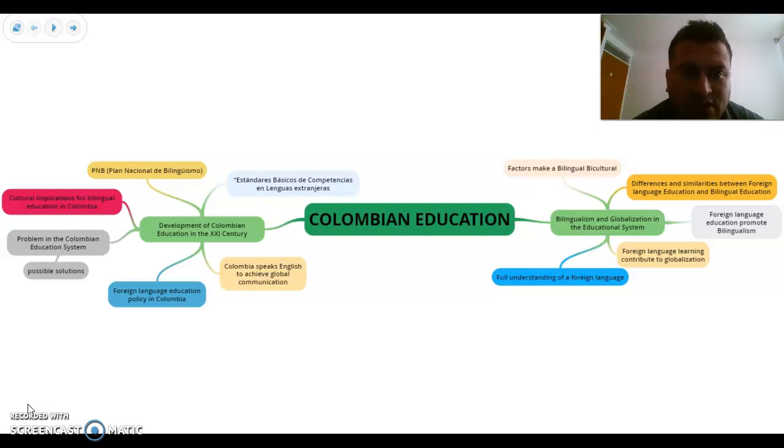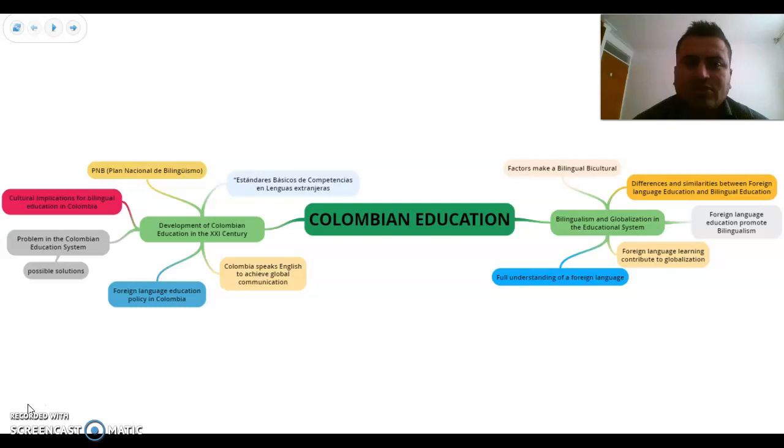First of all, on the left side we have the development of Colombian education in the 21st century. In this semester, we talked about the Plan Nacional de Bilingüismo, also the Estándares Básicos de Competencias en Lenguas Extranjeras. It regards the common framework and the educational levels. In Colombia, it speaks to achieve a global communication, and in this